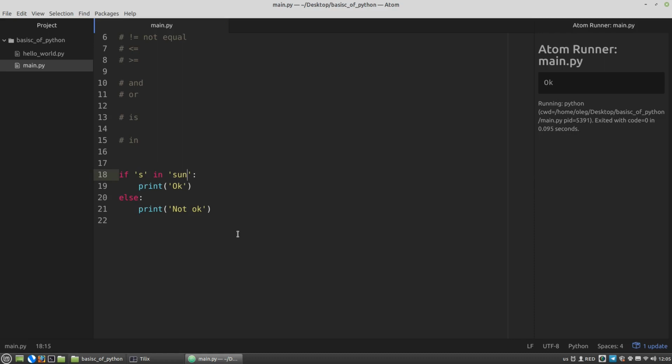Okay. Sometimes you need to check something several times. For example, let's suppose I need to check the length of a string. If the length of the string is 8 characters, then we perform one action, 6 characters another, and 4 the third action, and so on. Such multiple checks can be performed using the elif statement, short for else if. For example, I need a string